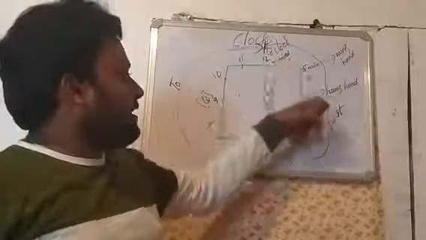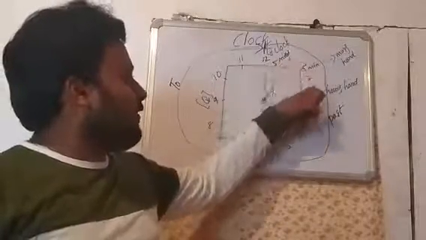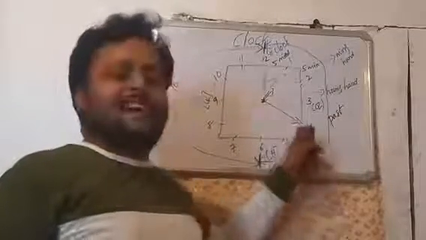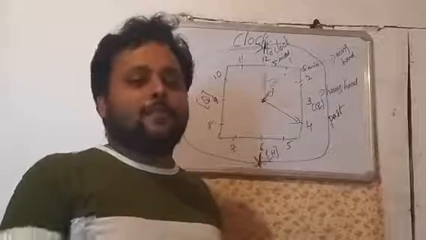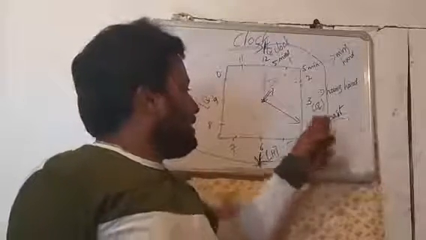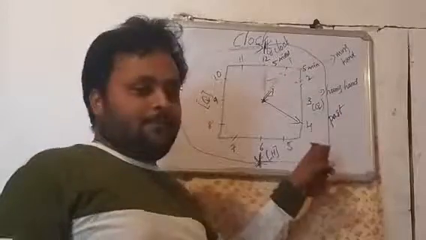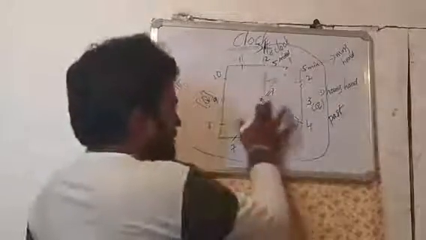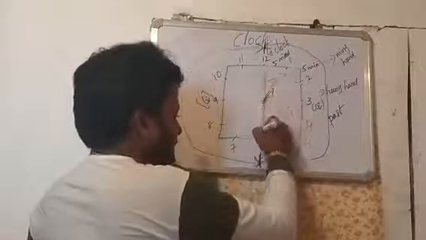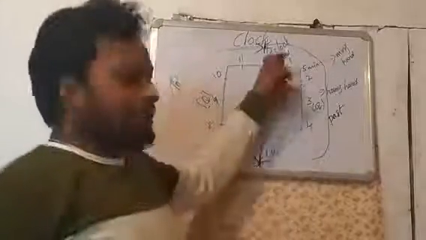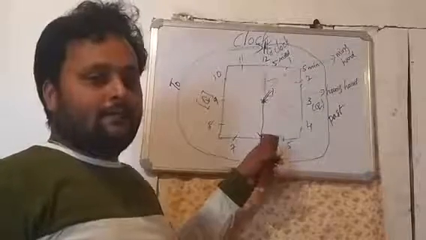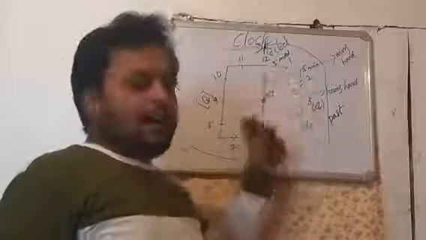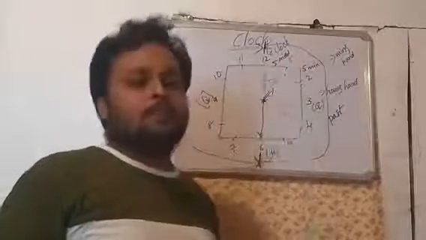Next, the minutes hand has moved from there to here. Means now the minutes hand has covered 5, 5, 5 and 5. 5 fours are 20. Means now the minutes hand has covered 20 minutes. Simply now the time is 20 minutes past 1 o'clock. Next, now the minutes hand has covered up to here. Means the minutes hand has covered half of the clock. Simply you can tell the time like 30 minutes past 1 o'clock or half past 1 o'clock.